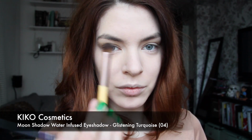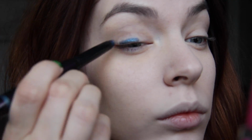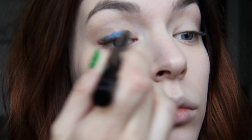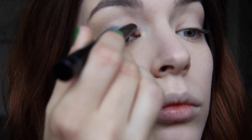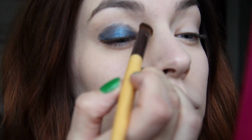And now it's time for the star of the show. This is a cream shadow stick from KIKO, and it's the prettiest, bright turquoisey blue ever, and I love this to pieces. I always start by applying my cream shadows in one coat, blending that out straight away with